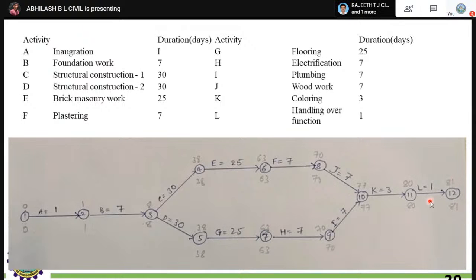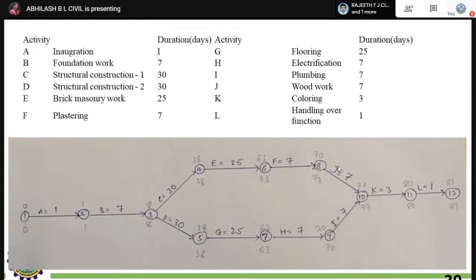Let's go on with the early finish time. Start with the backward process. You have to join with this particular activity. Without a second thought, you have to stop at this place, that is in the J part. Go with this: 8 plus 30, you will get 38. Always write it in the topmost part. This will be the early start time, that is 8 plus 30, 38. Next, 38 plus 25, you get 63. Next 63 plus 7, 70.